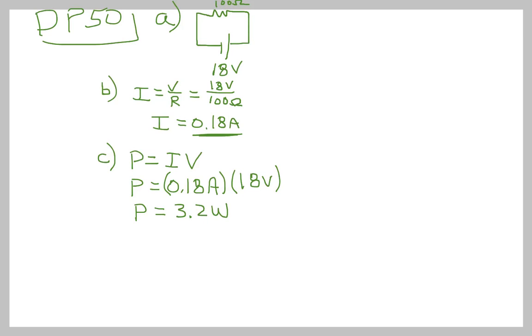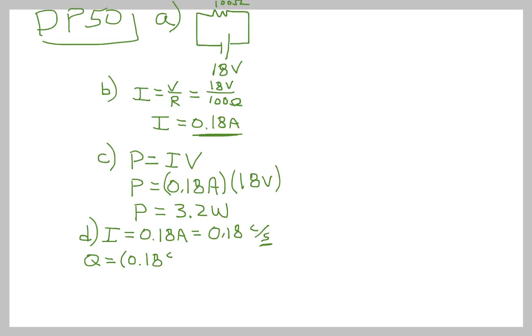The final part to this problem, potentially the trickiest, talked about how to find the number of electrons flowing through the resistor each second. And so from part B, we know that the current in the circuit is 0.18 amps. Another way to express that is 0.18 coulombs per second. And so if we look at this on a per second basis, we don't need to care much about that denominator. And we can say that the charge flowing is equal to 0.18